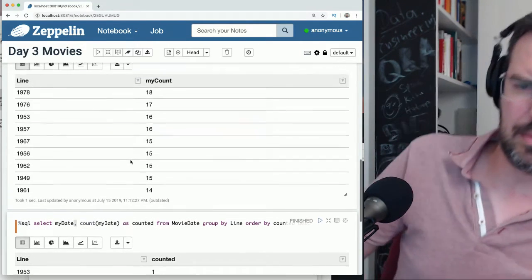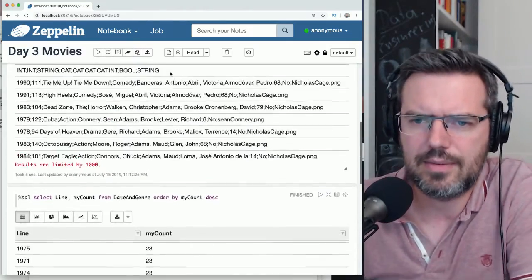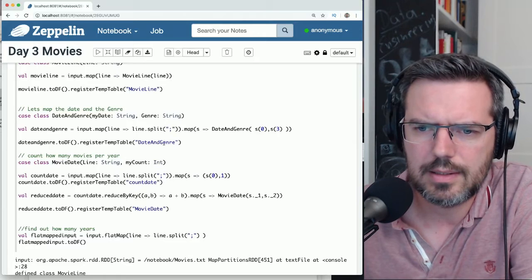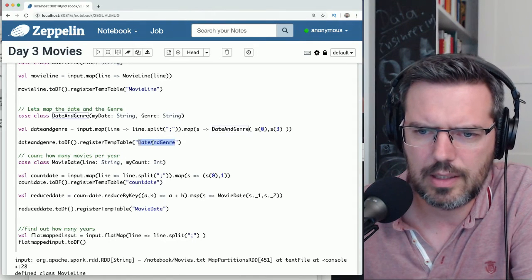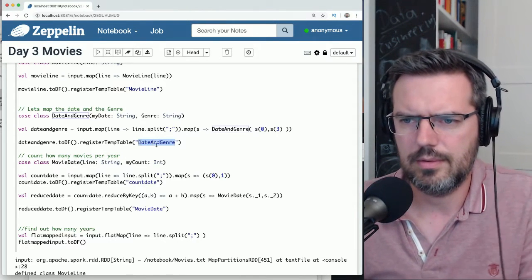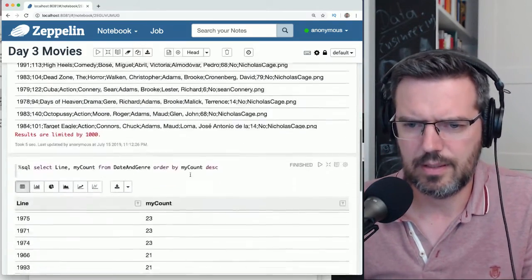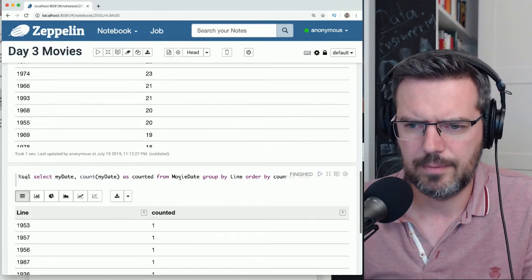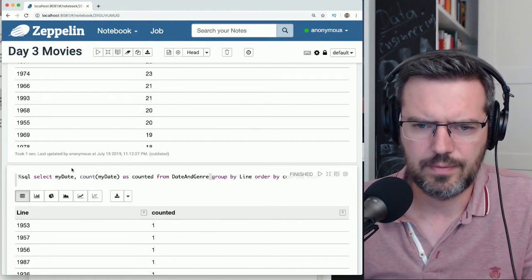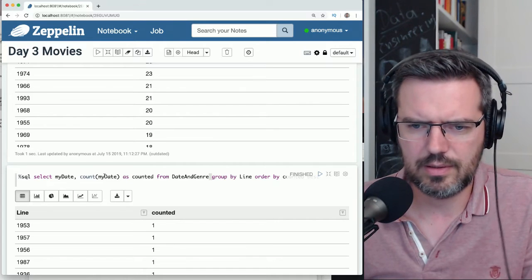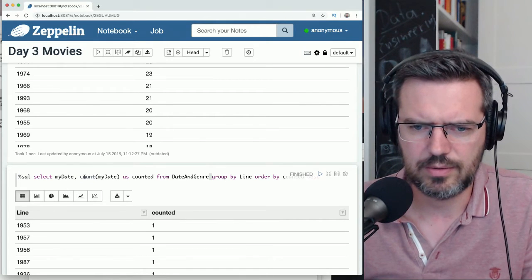I'm an idiot. Just the template, date and genre. So I need this simple date and genre table. So I have my date, and I have a genre, but I don't care about the genre.